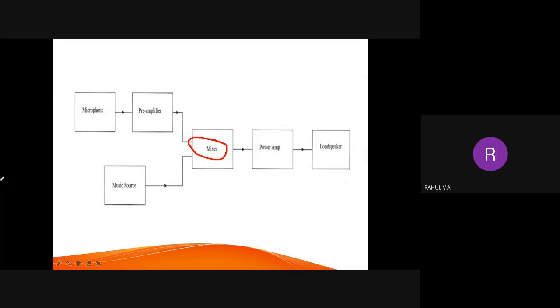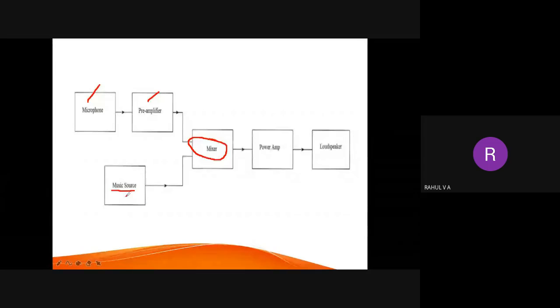So here you can see there will be many number of microphone, and after microphone you will be having preamplifier. Maybe you may have 2 or 3 microphone, so similarly 2 or 3 preamplifier. Then music sources, their output signal will be high enough so that it can be directly connected to the amplifier. The output of mic is very small, but output of music sources like mobile phone, CD player, MP3 player, etc., are large enough so that it can be directly connected to power amplifier. So there is no need of any preamplifier circuit for music sources.